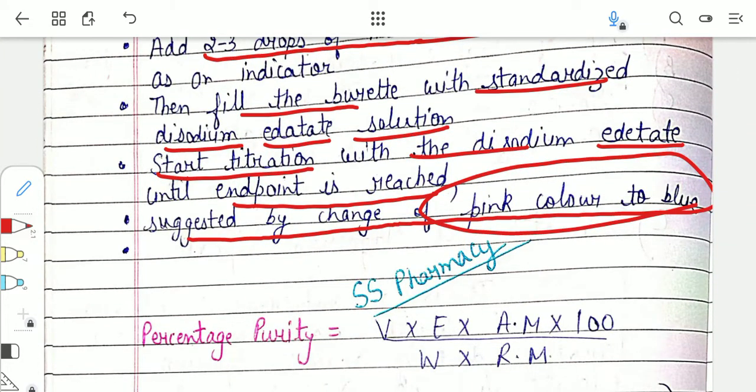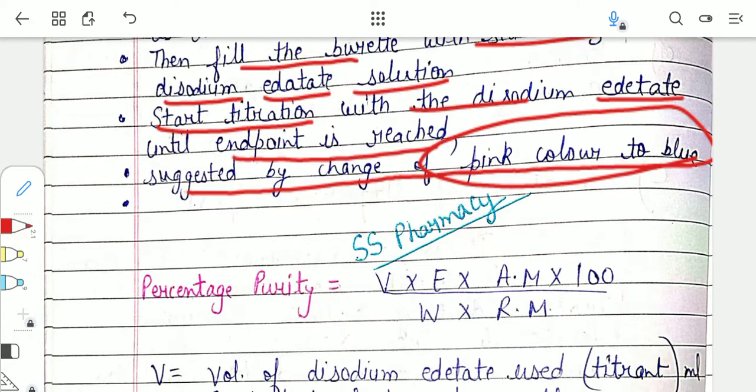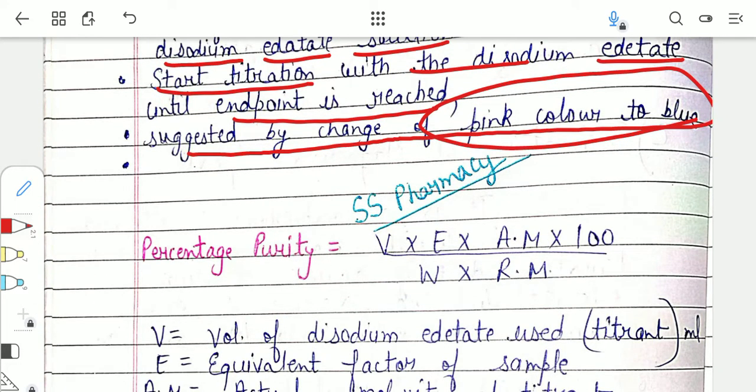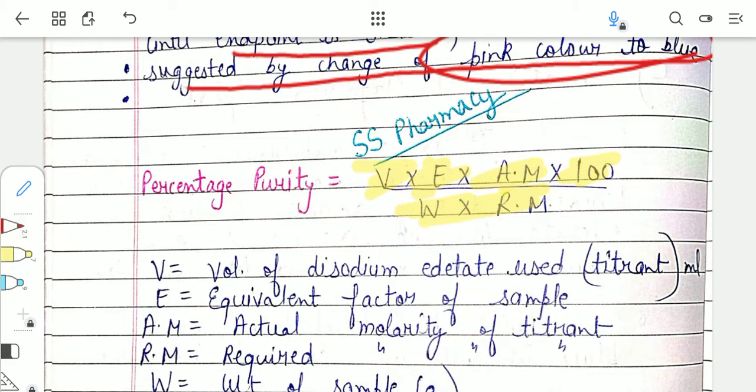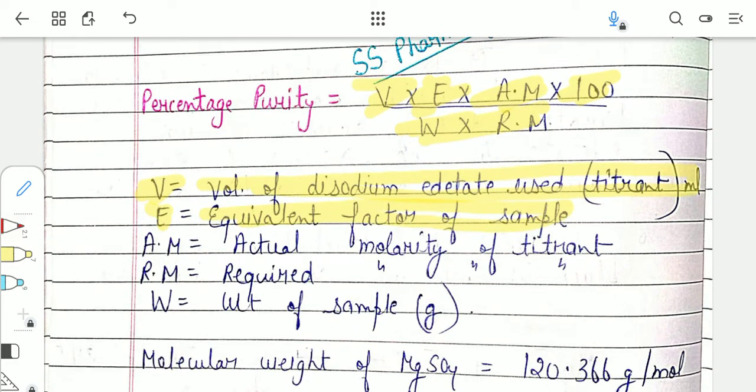Now let us see the calculations for the estimation, because whenever we estimate a compound, our main goal is to find the percentage purity of that sample. So the formula for calculating the percentage purity is V into E into AM into 100 upon W into RM. So V here stands for the volume of the disodium acetate used, which we can easily calculate from the burette reading. E is the equivalent factor of sample. Sample is magnesium sulfate. AM is the actual molarity of titrant, which we can get from our step 2,